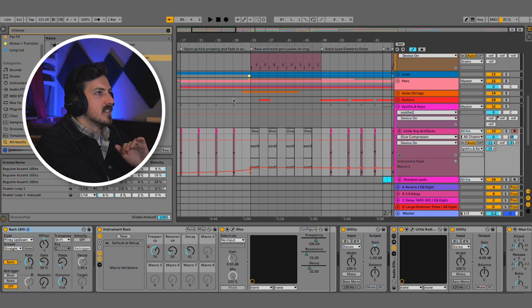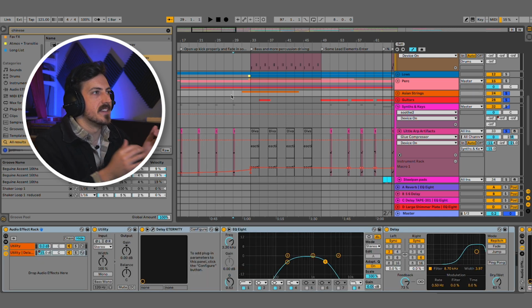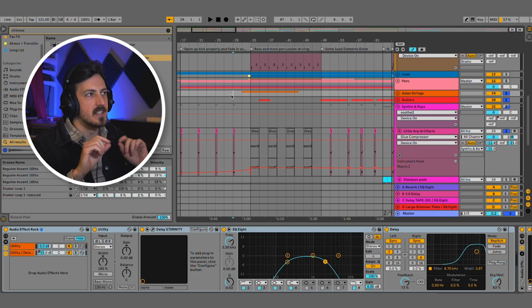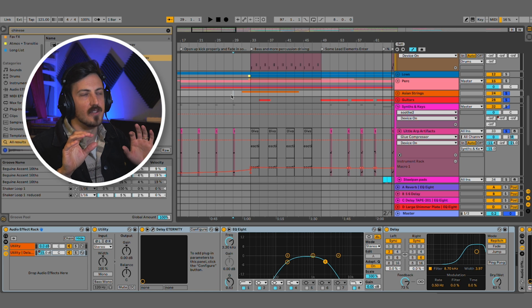A really basic way of showing this is just soloing those three things, the guitar, the Asian strings, and the lead, and just seeing that in some sections where you play, they're intentionally spread out so that one thing is talking at a time, a bit like a conversation. So if I play,